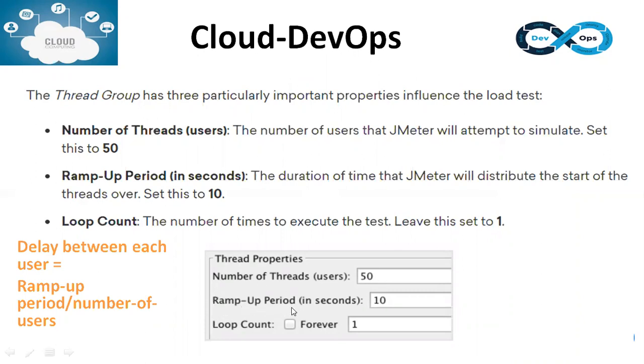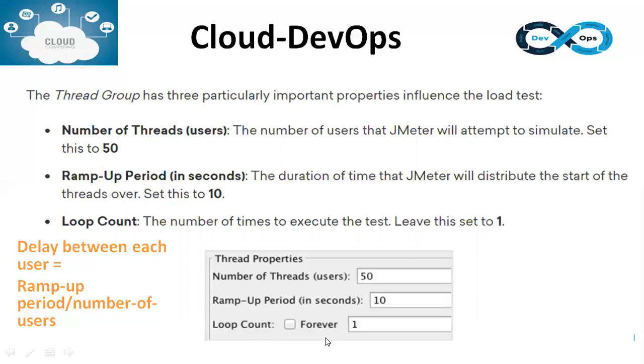The other parameter is ramp up period. That means how much time JMeter has to allocate for these 50 users. For example, if you have 50 users and the ramp up period is 50, that means each person will get 1 second of time.